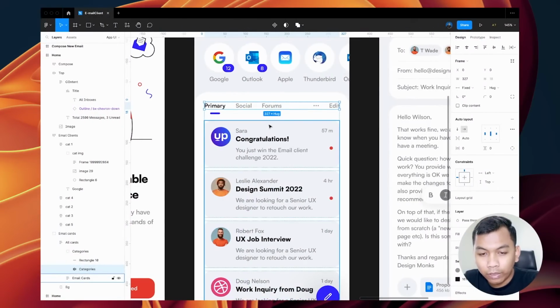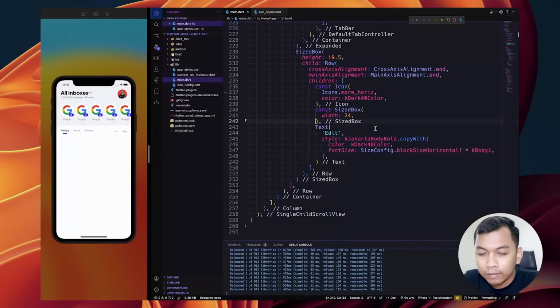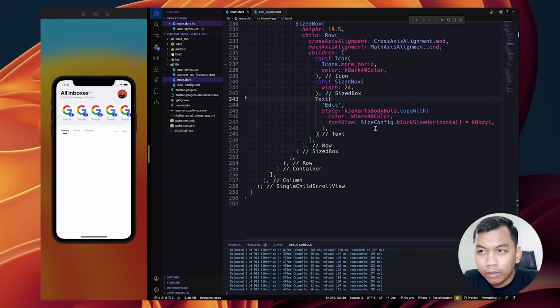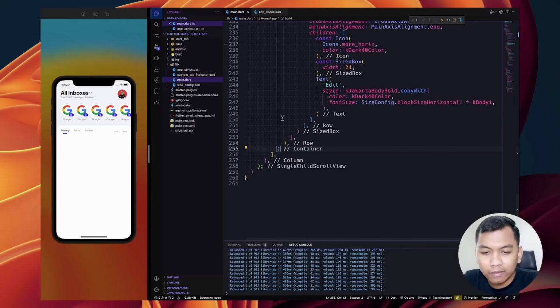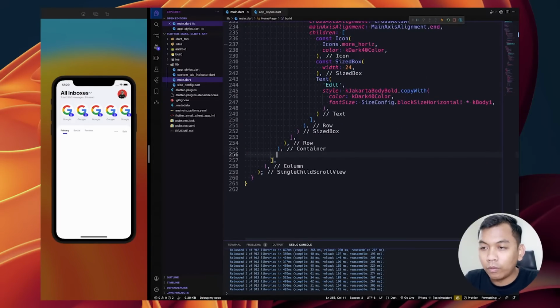the next we will create a list of available email. So below this big container, we will have container again.